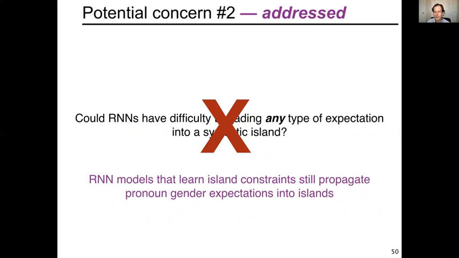A couple of things. You can now also go in, if you want, to SyntaxGym to see how GPT-2 handles these filler gap dependencies. You could set up syntactic islands to test those things out yourself, maybe using one of the interactive tools, and perhaps even use your own GPT-2 implementation with the Hugging Face library that offers it.